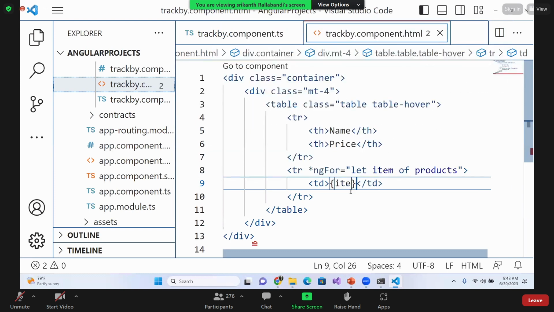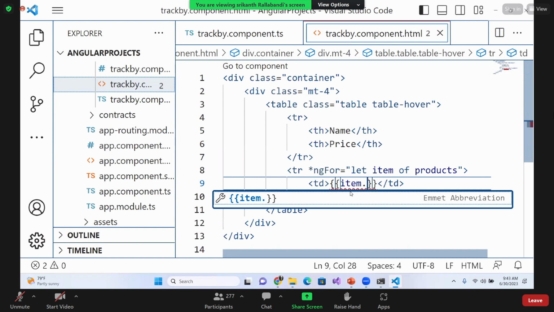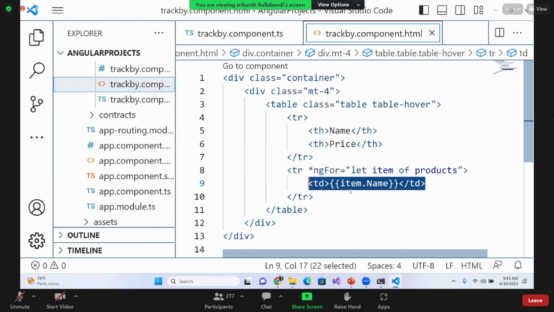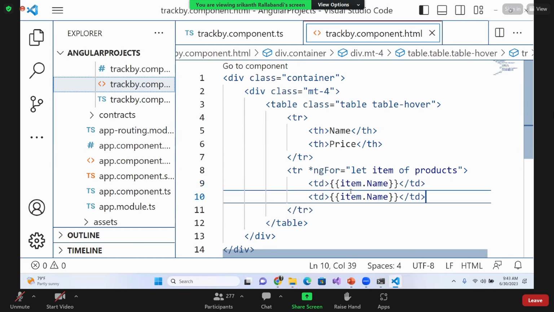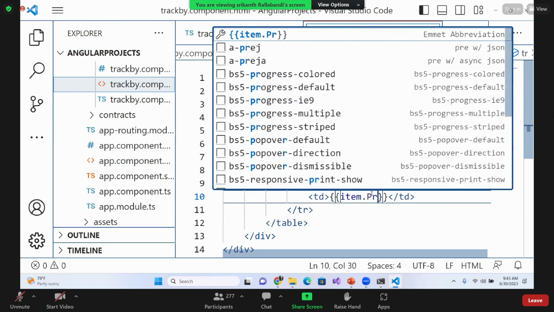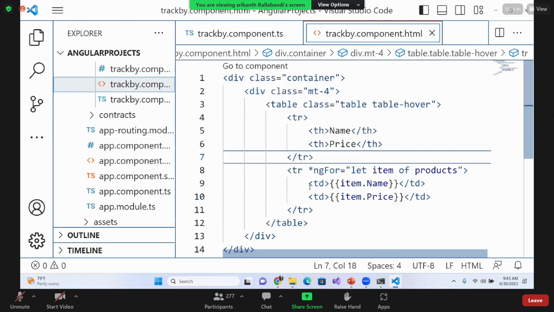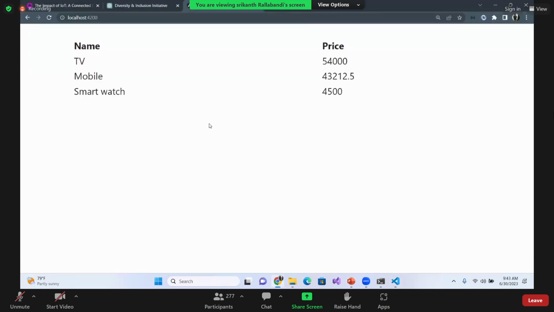item dot, I'm sorry, item dot, what is the first one? Name. And then item dot, we have the second one, that is the price. A quite simple one, nothing major over here, right? We have the price is available and we have what? Name is also available. Both are displayed over there. Now tell me,